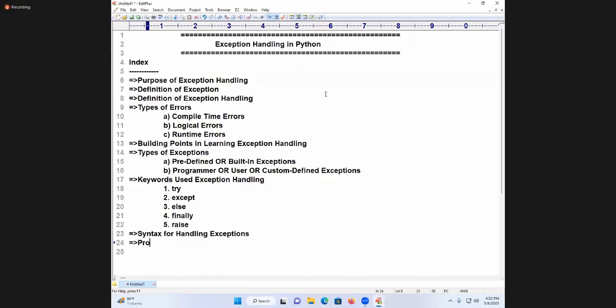Then programming examples will start. This is about one level of development. After that, one more type of development.